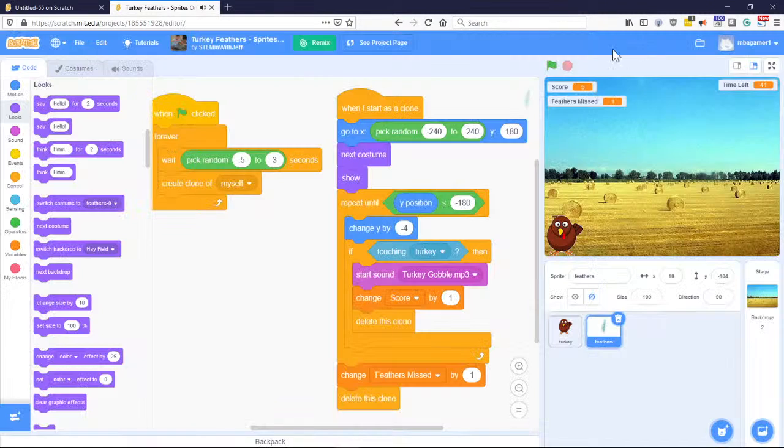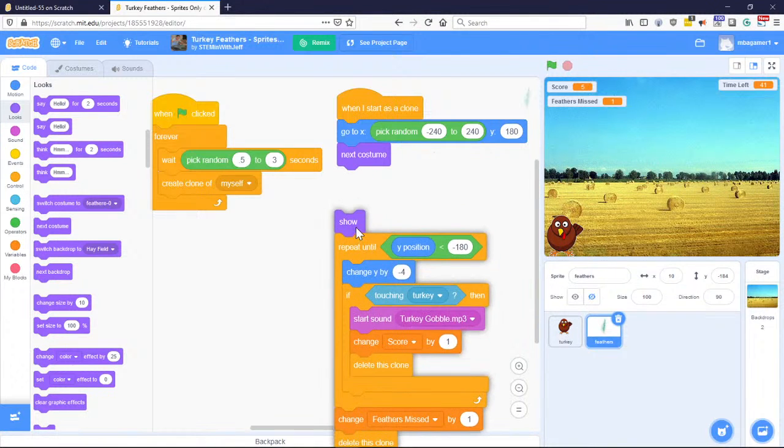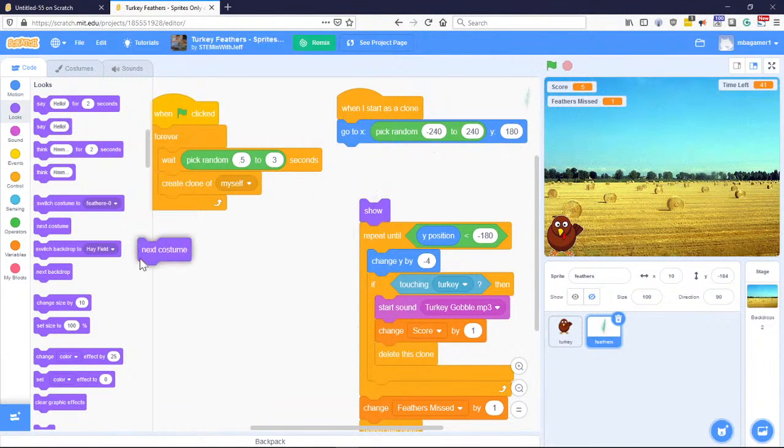What did I do wrong? Okay, so I've got my next costume on there. Oh, okay. It starts with that costume, and because this is not a loop, it's actually creating, in its mind, this every time. So sorry about that. Okay, so we do need to have it